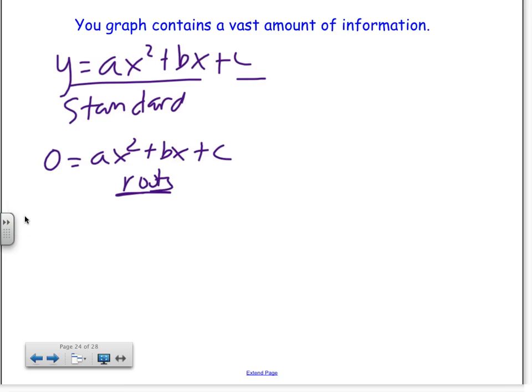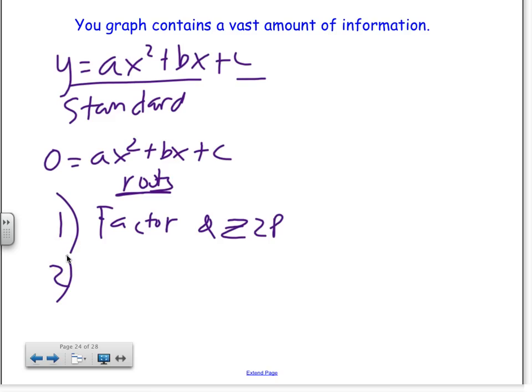Three ways. First way, we can do the zero product property. Factor, and use the zero product property. Second way, we can complete the square. Completing the square is easier. If you like that, use it. Third way,